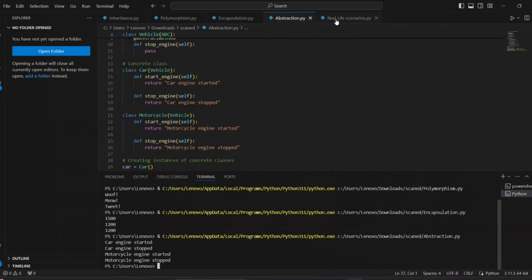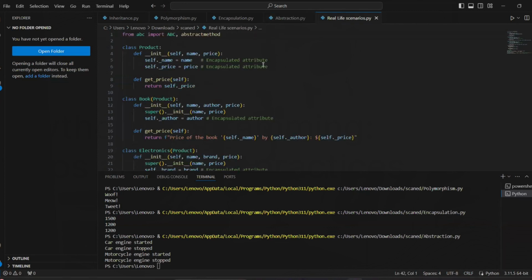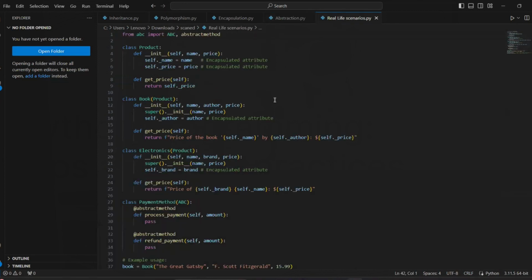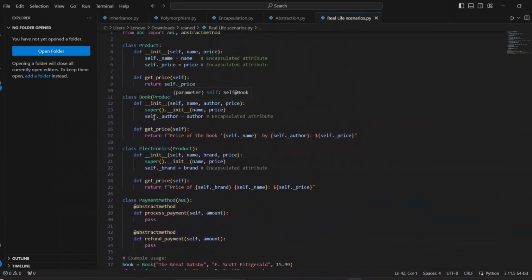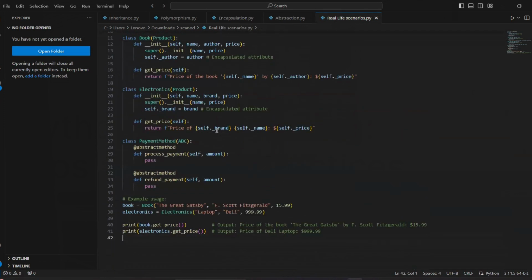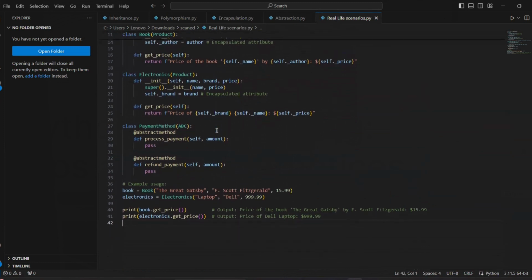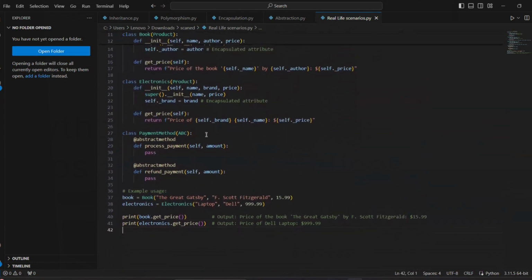So I'm going to show you these real life scenarios in code. We use from abc import ABC, abstractmethod. The parent class is Product and the child class is Book. The encapsulation is in Book and Electronics. The abstraction is the PaymentMethod.